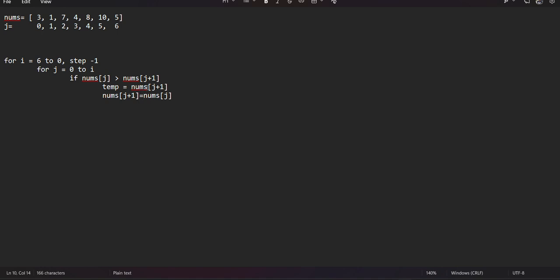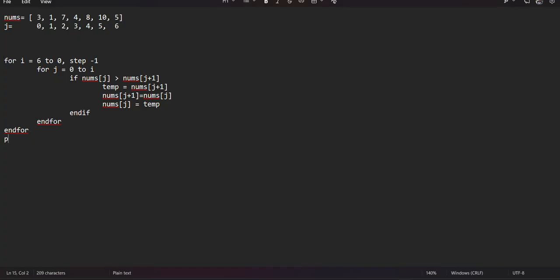We'll take that value, give it to this, and then in that space we will receive whatever is in position 1, and now whatever is in the temp must be given to the space in the first position, and that's it. And then we end our loop here, and our other loop here, and that's it. Simple